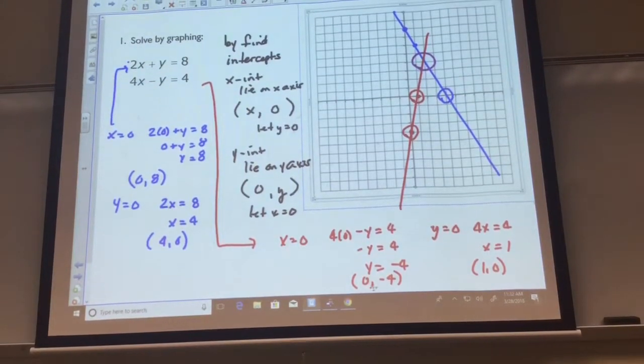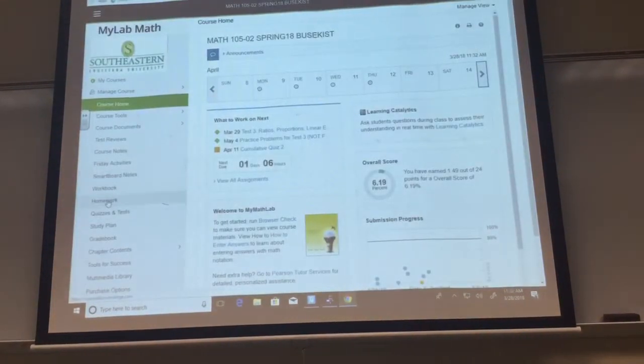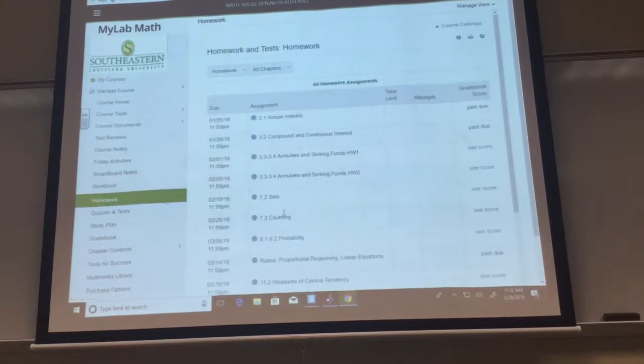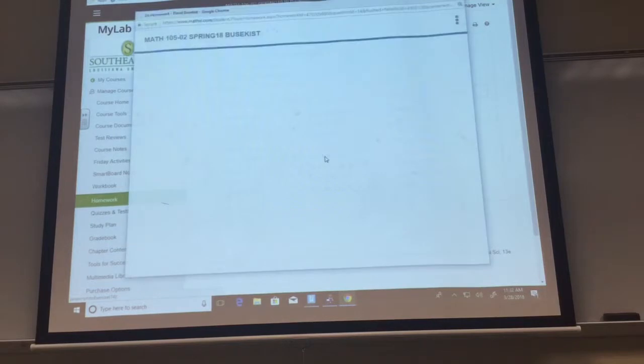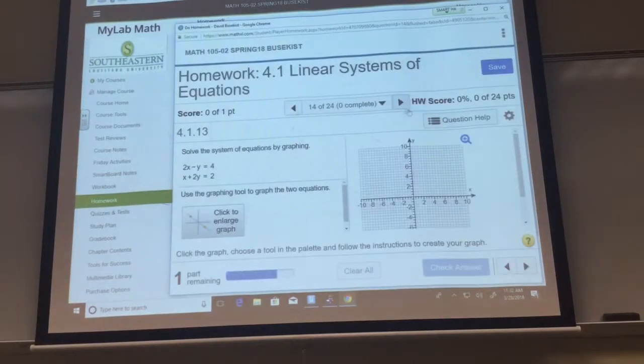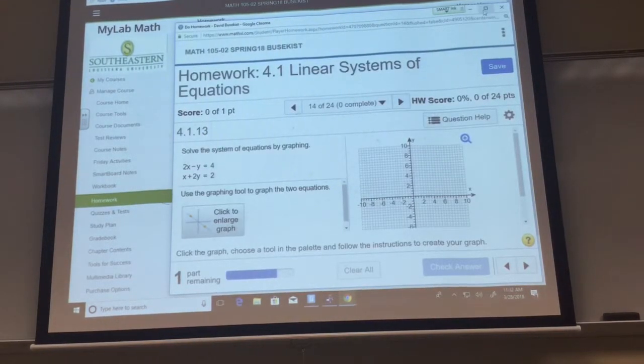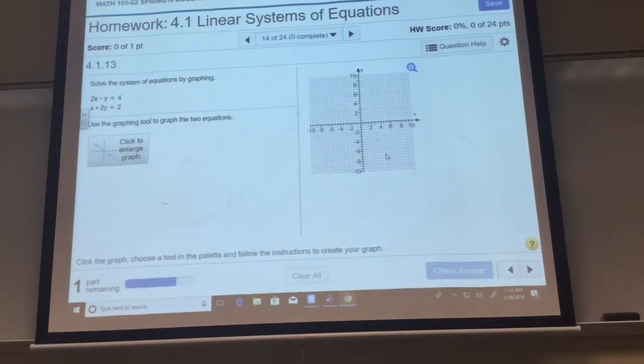Since graphing is a tool that you're going to use, let's go into the homework set and show you one of the places where you will see that graphing type of problem. There are several problems where you will do graphing, but one of the problems is right here. Now, let me offer you a suggestion. When you're